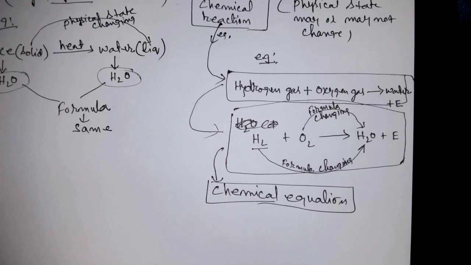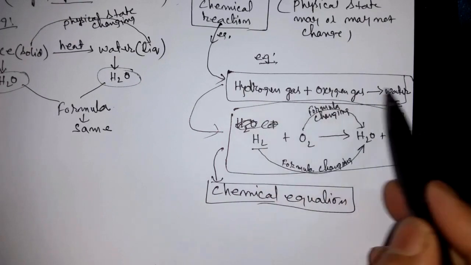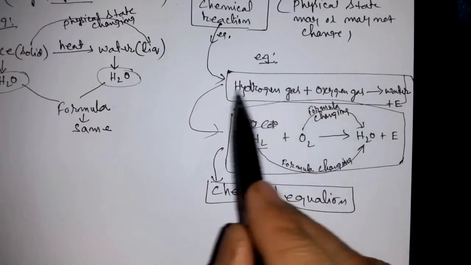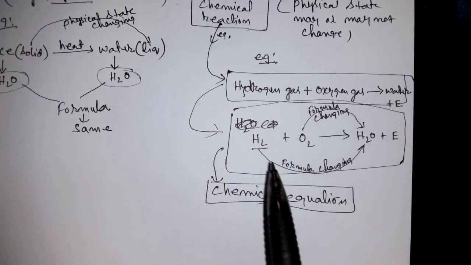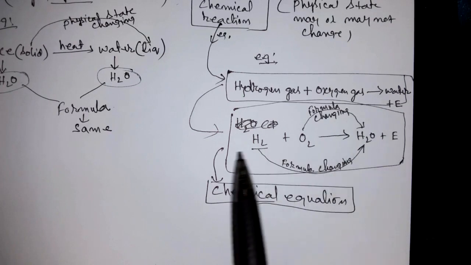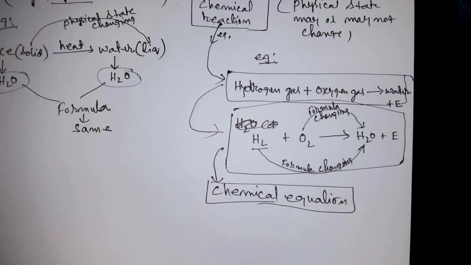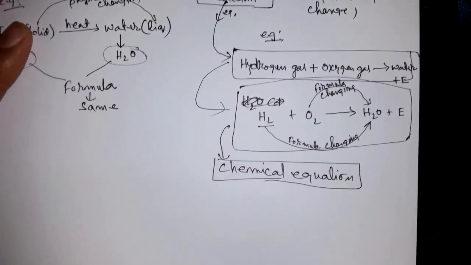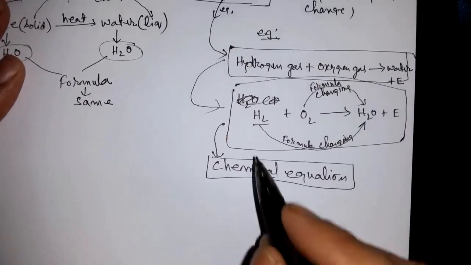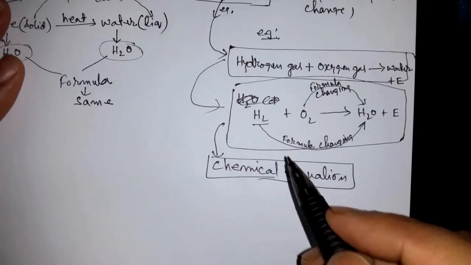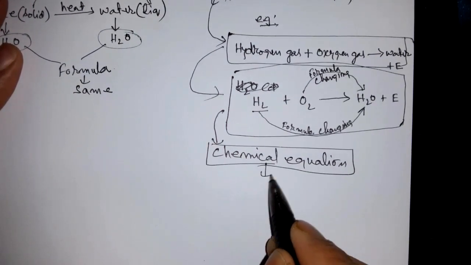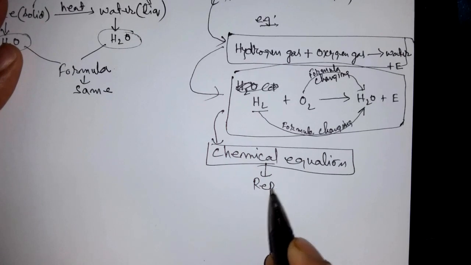So suppose there's a question and the question is asking give chemical equation. If you write like this, you'll not be getting any mark, because you're writing words only. So chemical equation means you have to represent using the formula. Then only it is called chemical equation. So chemical equation, whatever is on the left side. How is it represented?